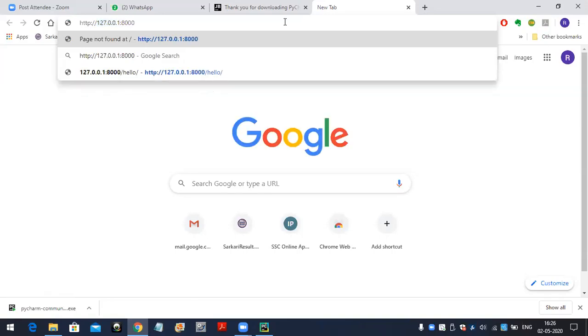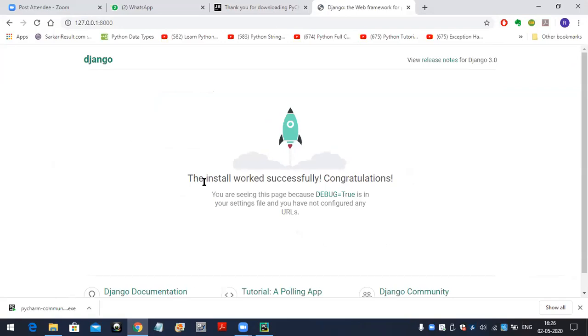Click the enter button. See here what we are getting. The install worked successfully. Congratulations. Django is installed and everything is ready. Django 3.0. It is installed successfully.